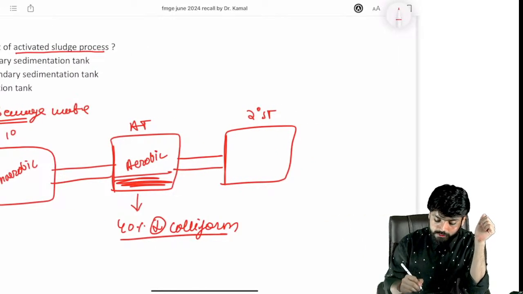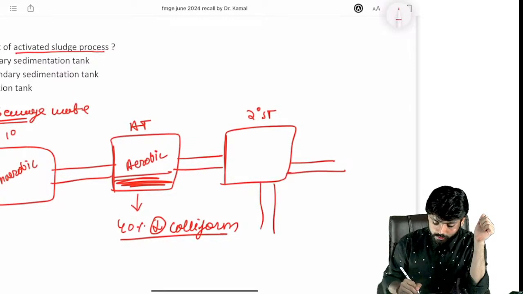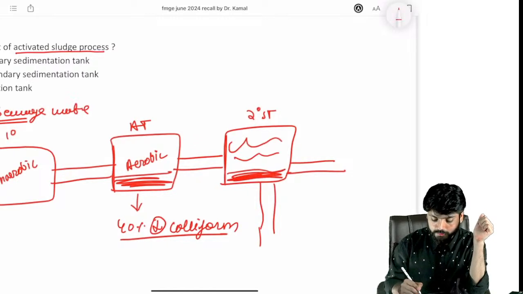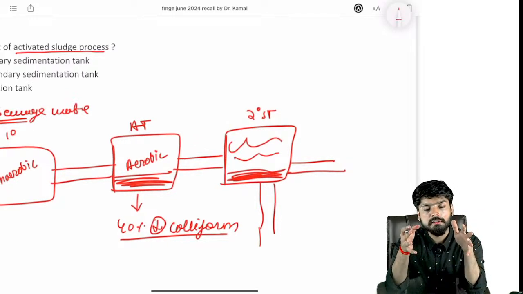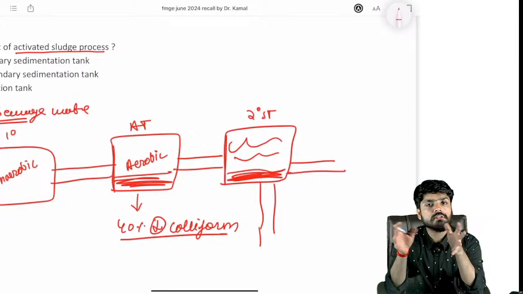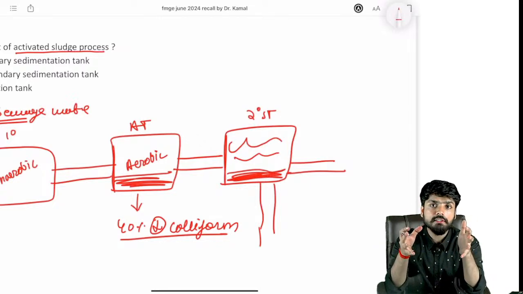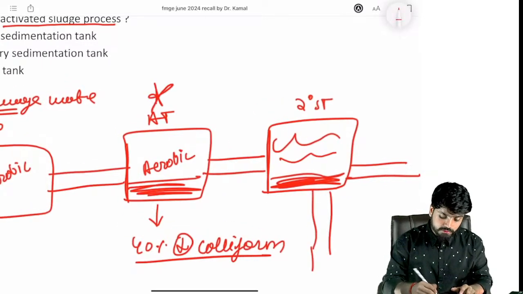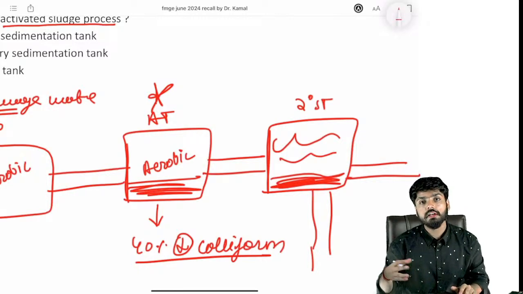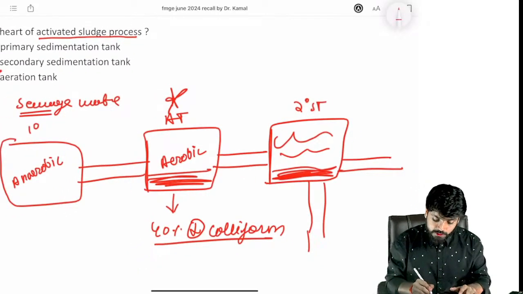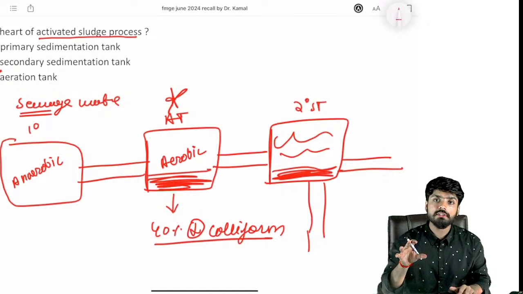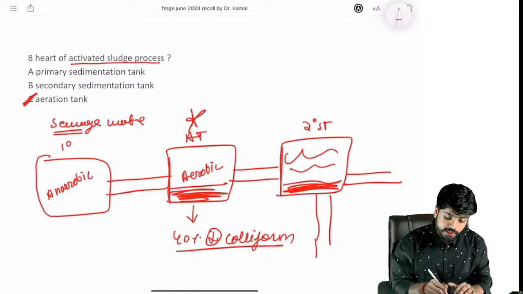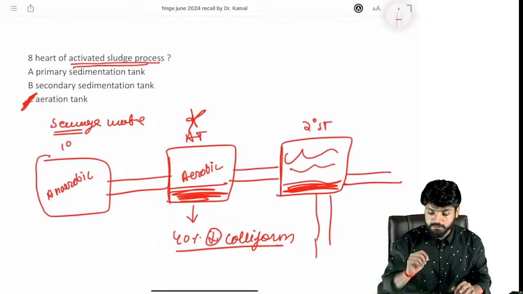From secondary sedimentation, it's just two things. We take out the water. See, sludge settles like this, and water comes up. Whatever water is in the secondary sedimentation tank is taken out, chlorinated, and used for irrigation. Whatever solid material is left in the secondary sedimentation is manure. So the main process after which we can use whatever is left behind is the aeration tank, where aerobic destruction of the sewage takes place, which is the activated sludge process, and aeration tank is the answer.